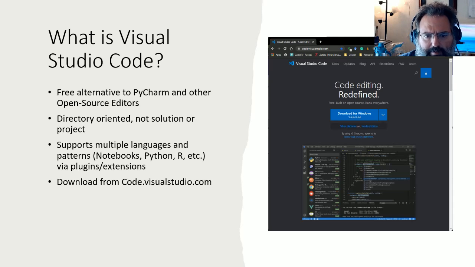But it is intended to solve a particular set of problems, and to some extent it's a bit different than PyCharm, probably closer to some of the other development tools you might see because it's directory oriented. There's not a solution or project concept inside of VS Code. It's very much about a directory. So you create a directory, you put files in it, and you edit them, and they all have something to